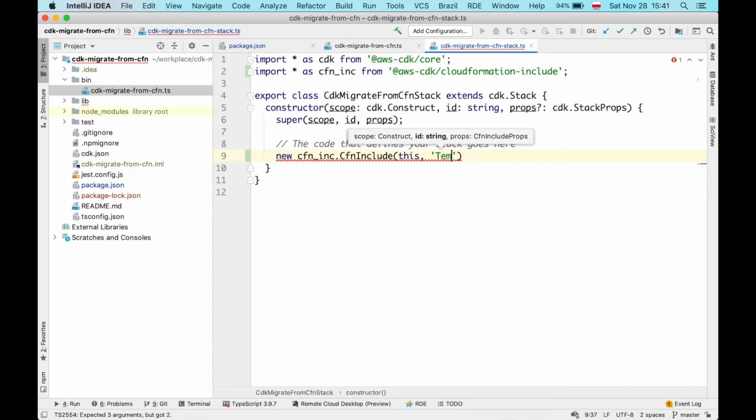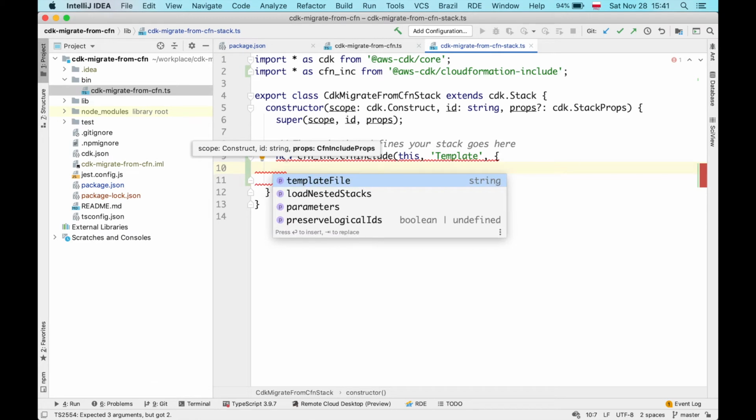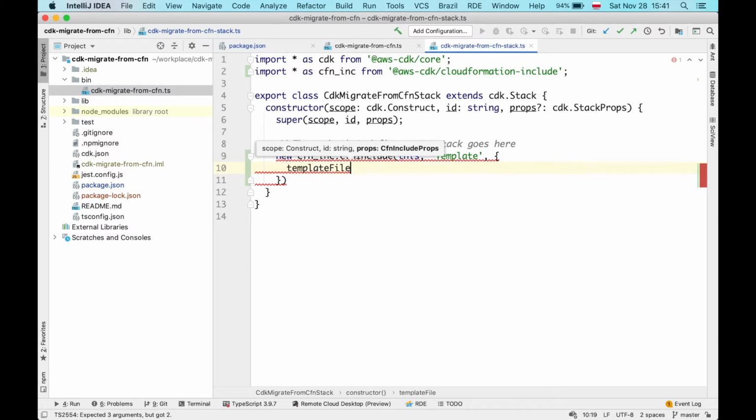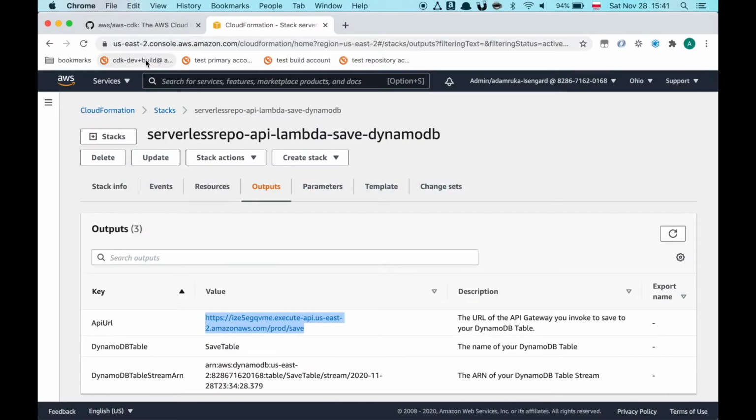Then the second one is the logical ID, which for this one we can call the template. And then the third argument is the properties, and in this case we have a single required property, which is the path to the file containing the contents of the template that we want to migrate. So to obtain that file, we can go